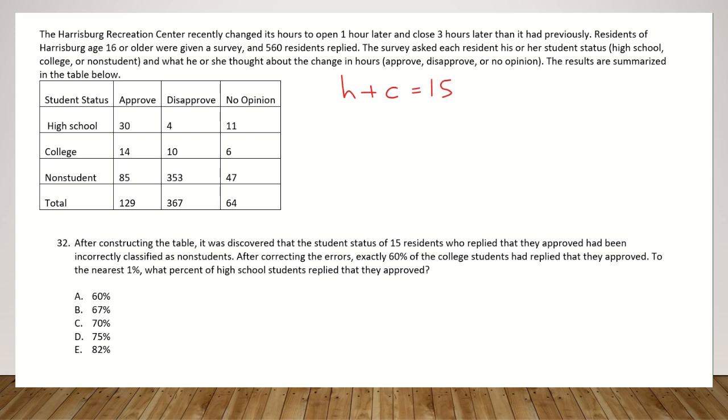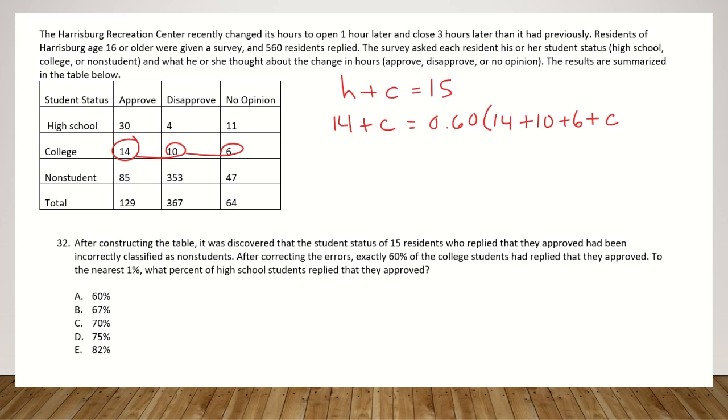So if we do the 14 college students who did approve, plus the college students that were incorrectly classified, that is 60% of the total college students. So total college students is 14 plus 10 plus 6